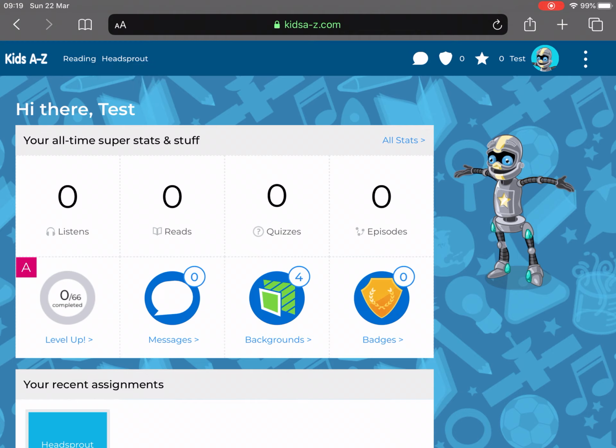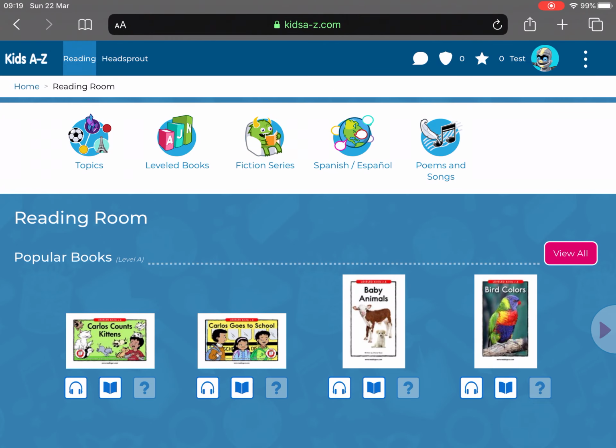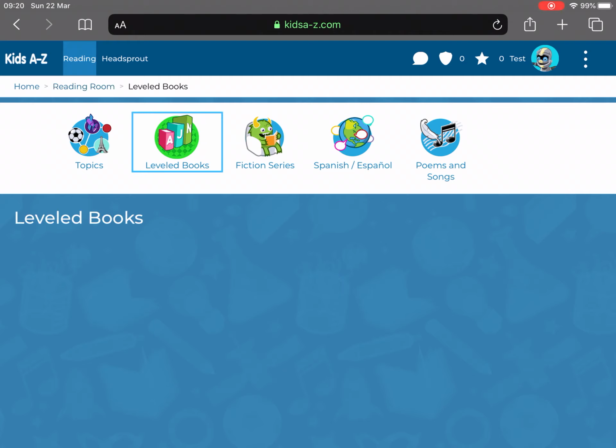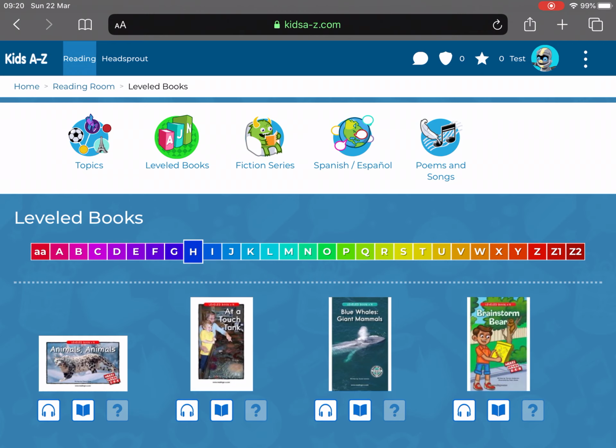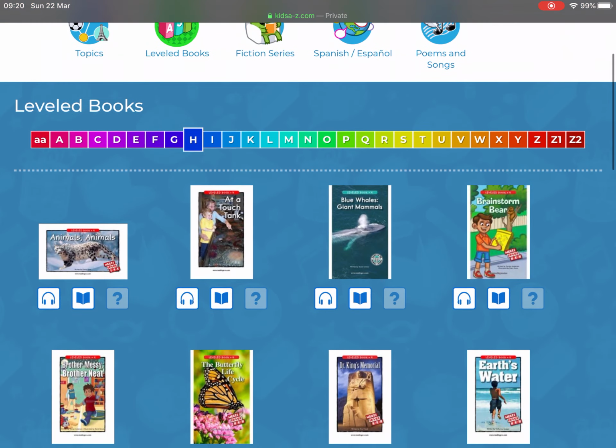Once you finish the placement test, you can go to your episodes, or you can choose reading, and you can go to the reading room. And at the reading room, there are all kinds of levels for you. So we have some suggested books. I put everybody on level A, but a lot of students will not be on level A, so you can choose your own level, find a level that's good for you. After the student does Headsprout and test, I'll know about what level the student is at, and I can put them at that level. Then for each reading,